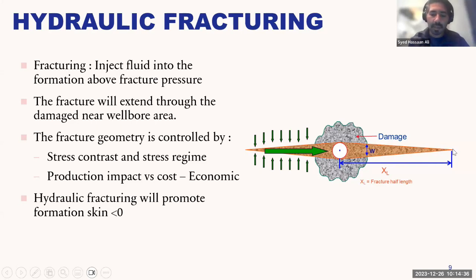What tip screen out means is that you want to make sure that you made this crack happen by applying pressure. Now you want to make sure that it stays open when the pressure is relieved. You do that by applying certain propellants, by applying sand. Sand is very critical in fracking, because frac sand, which is of a certain mesh, it can be 100 mesh, 200 mesh, or a 300 mesh sand, and it will ensure that the fracture will stay open even when the